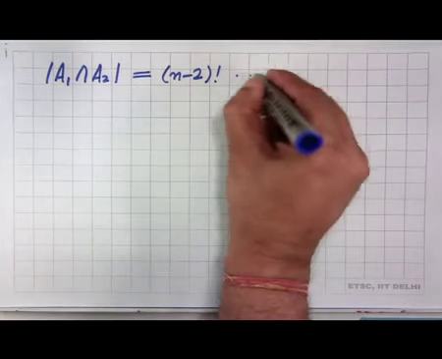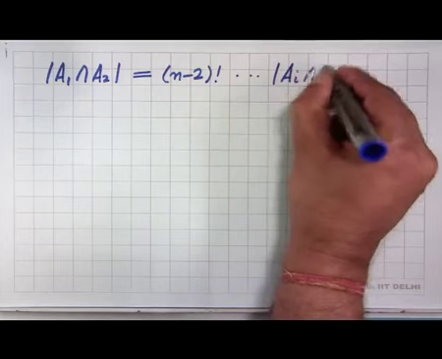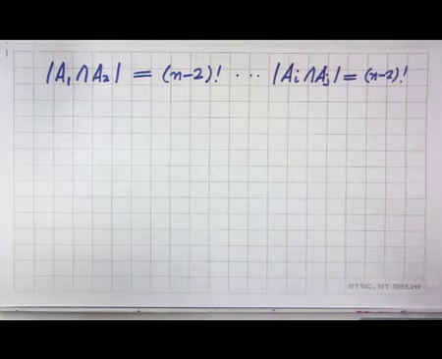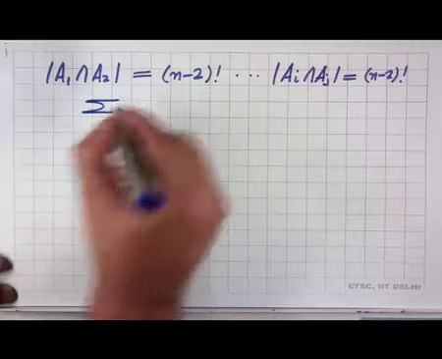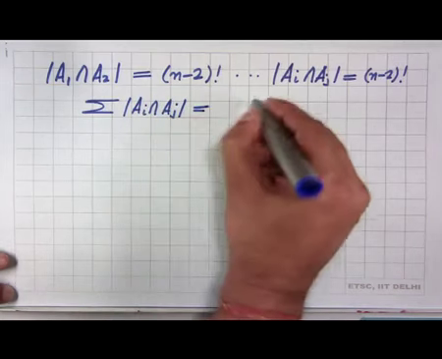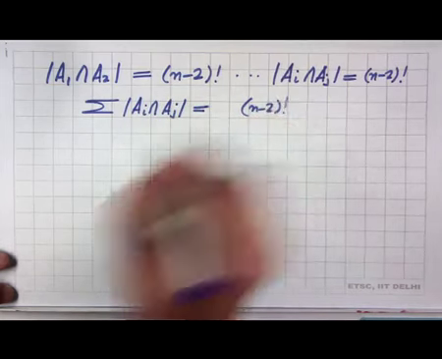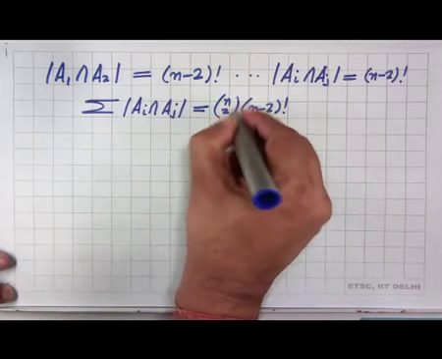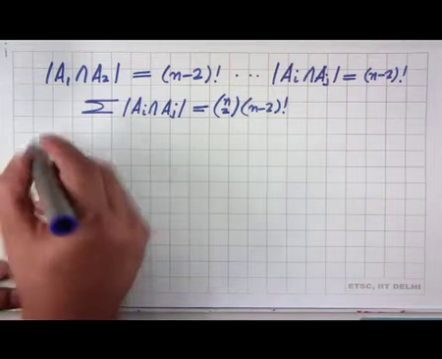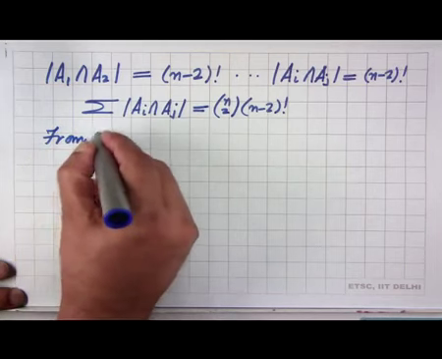This, in fact, is true for any two sets, Ai and Aj, i not equal to j. Because 2 points are fixed, the others are freely chosen, and I can do it in n minus 2 factorial ways. And now the contribution to sigma Ai intersection Aj, as before, is n minus 2 factorial for each of these terms, multiplied by the number of ways in which I can choose these terms. I can choose two elements from n elements in n choose 2 ways, and therefore I end up with n choose 2 multiplied by n minus 2 factorial. Therefore, from the right hand side of pi,